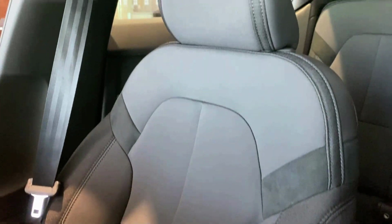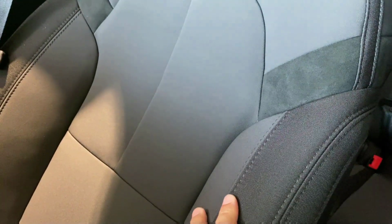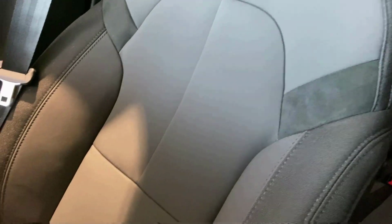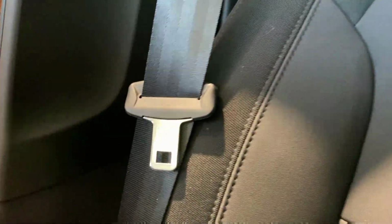Let's talk about this seating material. This one is fabric, and it's got the dual air material. It has a little bit of suede here, but it has the bolsters that are covered in a more durable fabric. I like these seats. They're comfortable. They're not especially supportive, but if you look here,